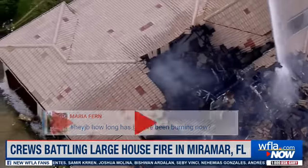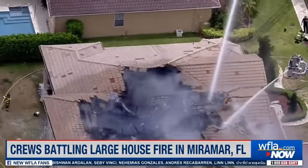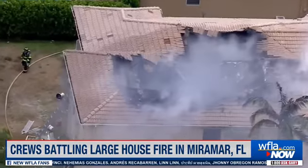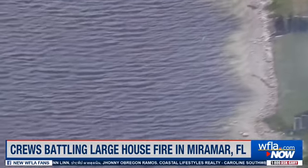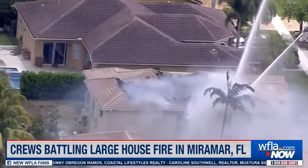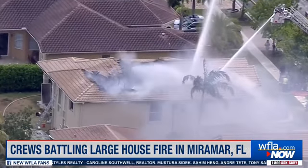Here's a better shot. Let's put away the comment for a second. There's a better shot of inside the home, and it's just charred. It's just destroyed. And one of the questions would be, where was the kitchen in this home? As we're getting a lower angle shot here now, where was the kitchen? A lot of house fires that we hear of begin in the kitchen and then spread to other rooms of the house. So if the kitchen was located in the center of the house, that would make sense here. As we're getting a different lower angle shot here, the chopper might have moved to a different position